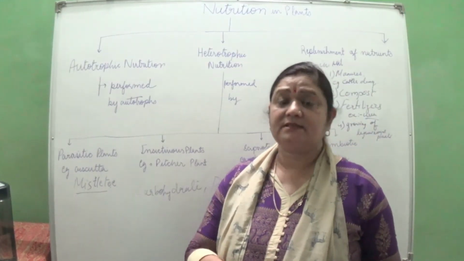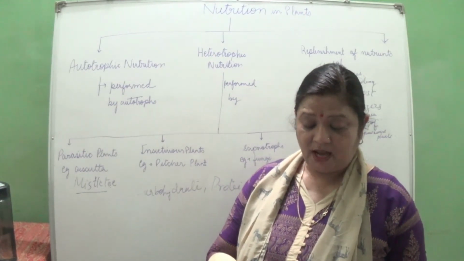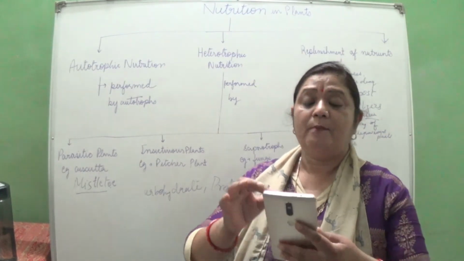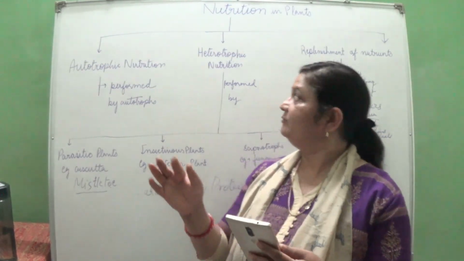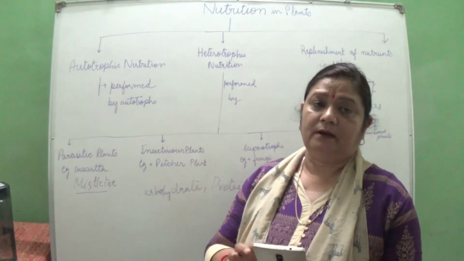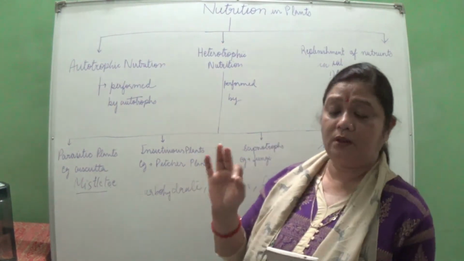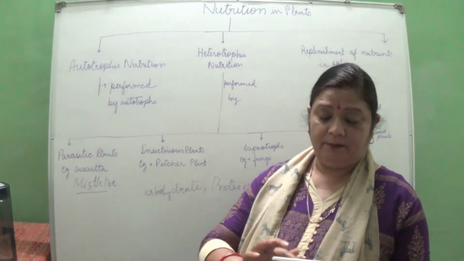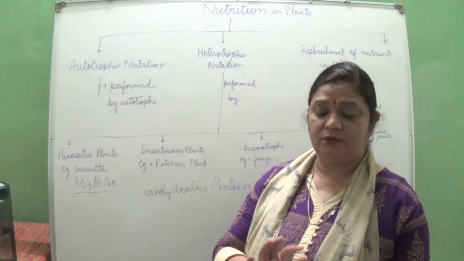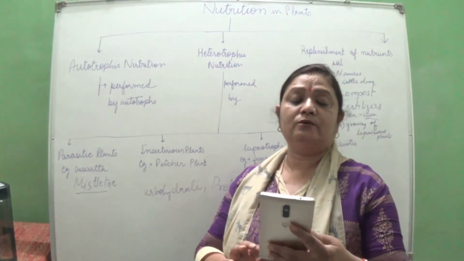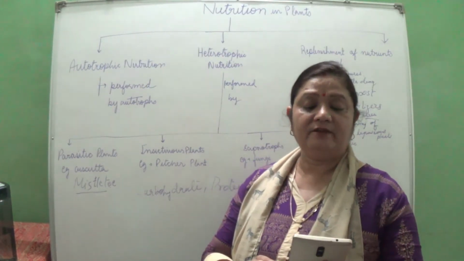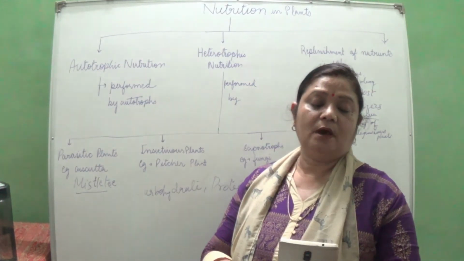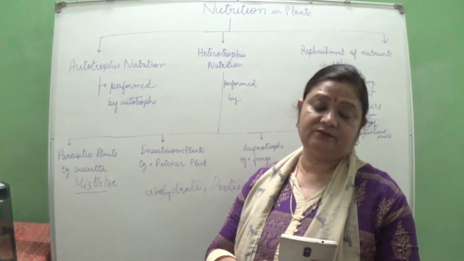So in the back exercise I can see the questions, and all these questions starting from question number 1, we have studied when we were studying this chapter, nutrition in plants. All the questions' answers have been discussed in the topic. But in question number 13 I want to discuss with you all: why do farmers grow many fruit and vegetable crops inside large greenhouses? What are the advantages to the farmer?